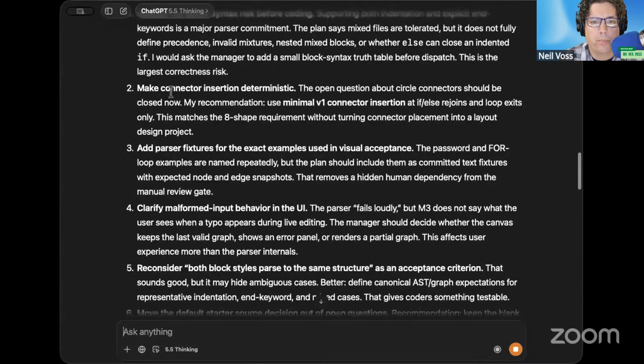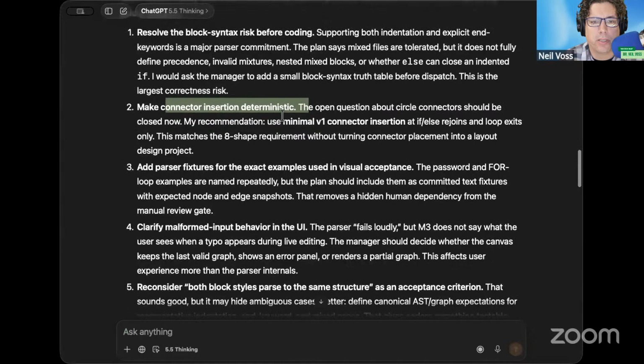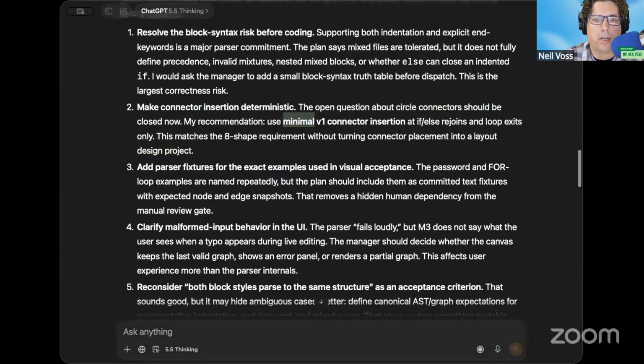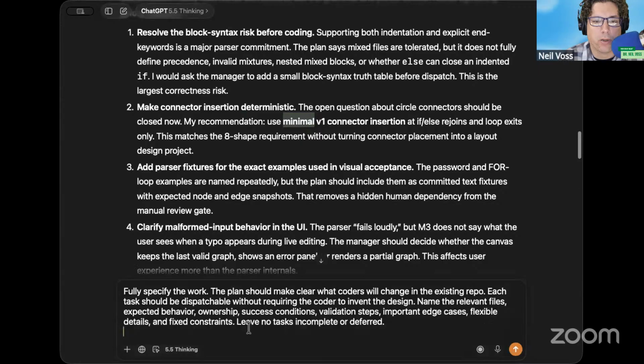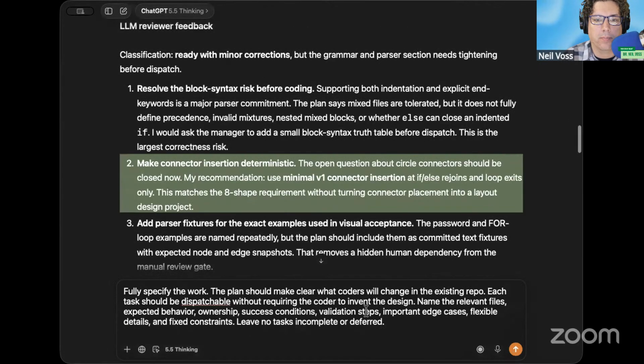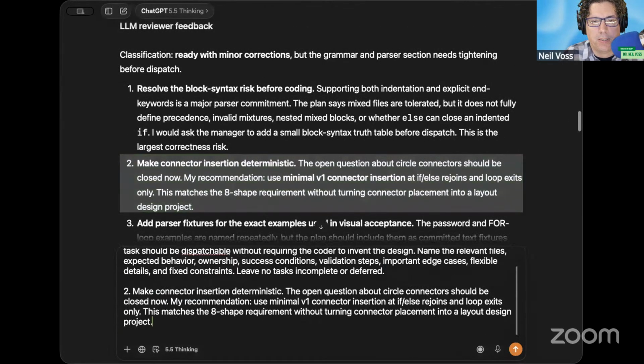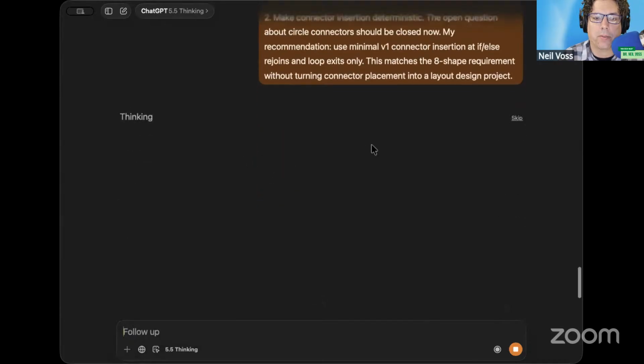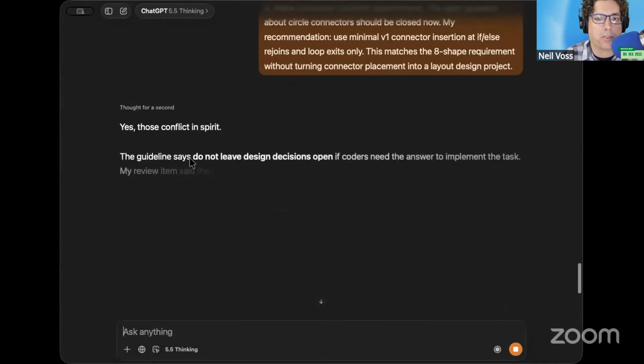Make connector insertion deterministic. All right, so that one goes against my fully specify the work. These conflict. So this is why I spend all my time arguing